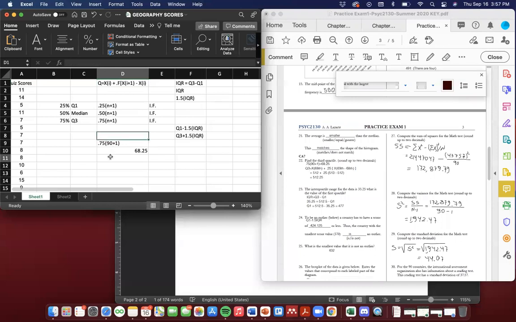So you plug this into the main equation, it would be X of 68 plus IF, the fraction, or the F, the fraction, 0.25, parentheses, X of 68 plus 1, because 68 is the I in here, 68 plus 1, 69, minus X of